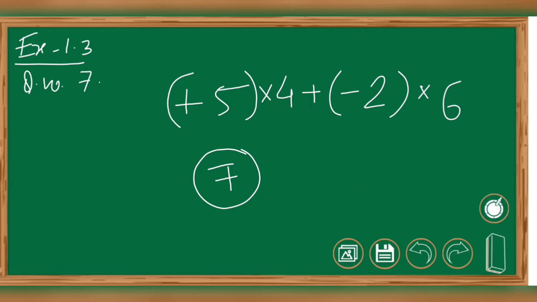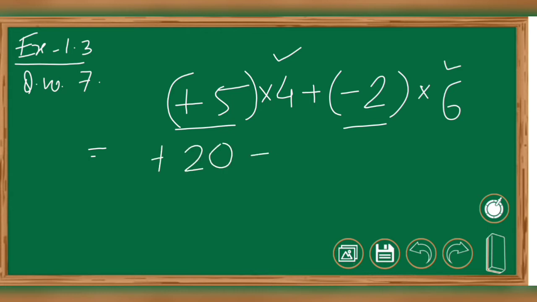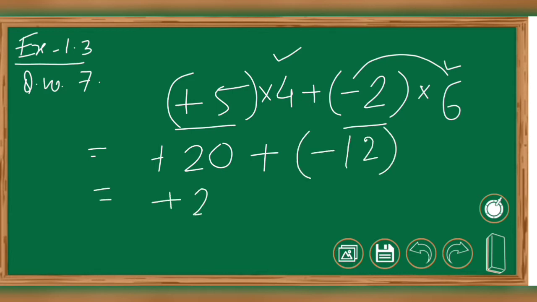Now see, as he is getting plus 5 marks for each correct answer and minus 2 marks for each wrong answer, and he has done 4 correct answers and 6 wrong answers, what will be his marks? Plus 20 plus minus 2 into 6, it will become minus 12. Then plus 20, here as you can see plus and minus are multiplied, so we will subtract in this way because the sign will be subtraction, and the answer will be plus 8.